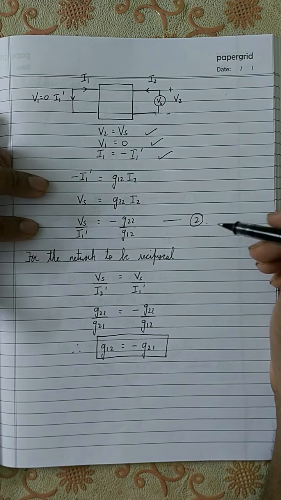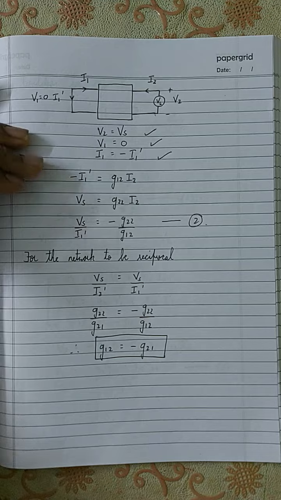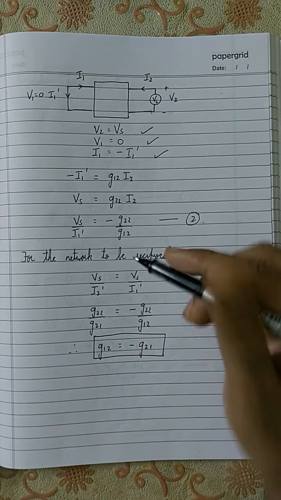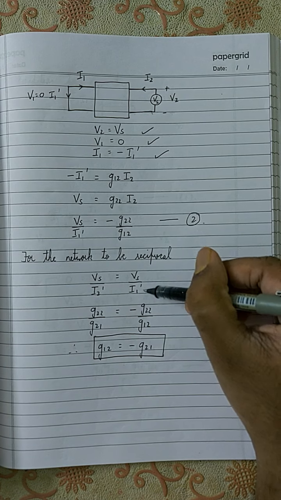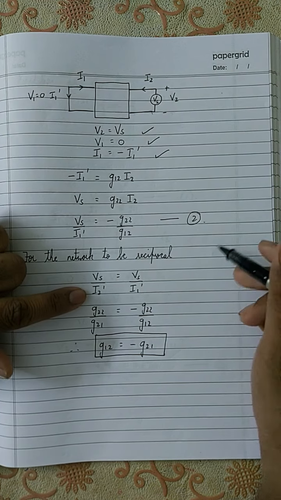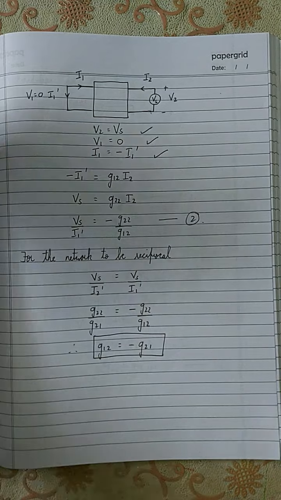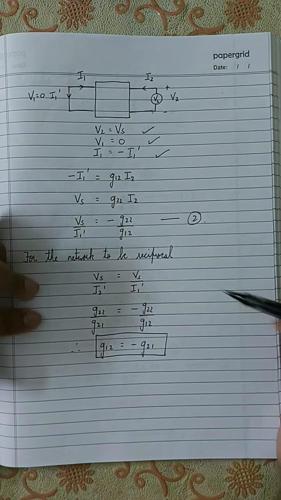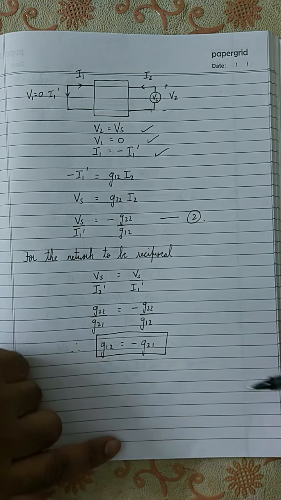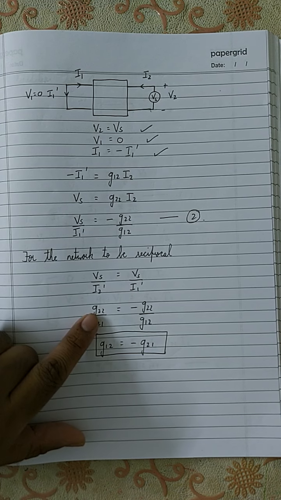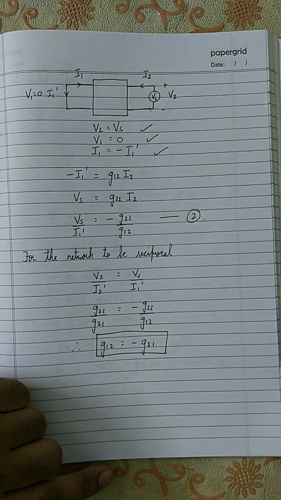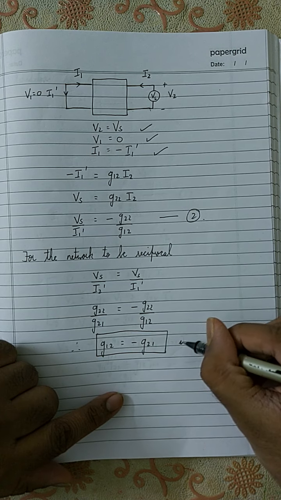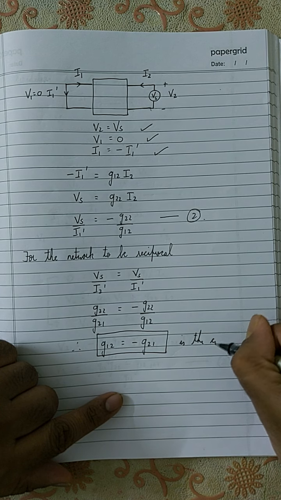So for the network to be reciprocal, equation 1 must be equal to equation 2, or in other words, Vs by I2' is equal to Vs by I1'. So Vs by I2' is G22 by G21, and Vs by I1' is minus G22 by G12. The G22 in the numerators will cancel each other. Therefore we have G12 is equal to minus G21 is the condition